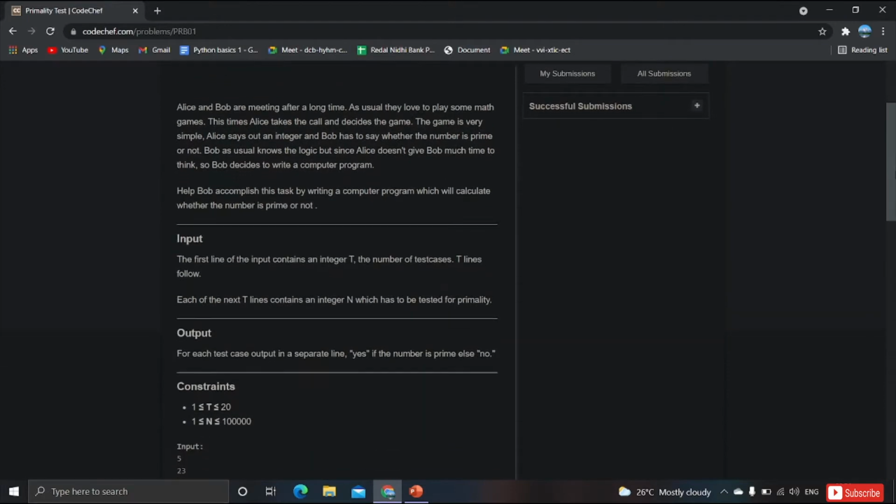The problem is all about two persons, Alice and Bob, who are meeting after a long time. As usual, they love to play some math games. This time, Alice takes the call and decides the game. The game is very simple. Alice says out an integer and Bob has to say whether the number is prime or not. Bob, as usual, knows the logic, but since Alice doesn't give Bob much time to think, Bob decides to write a computer program. Help Bob accomplish this task by writing a computer program which will calculate whether the number